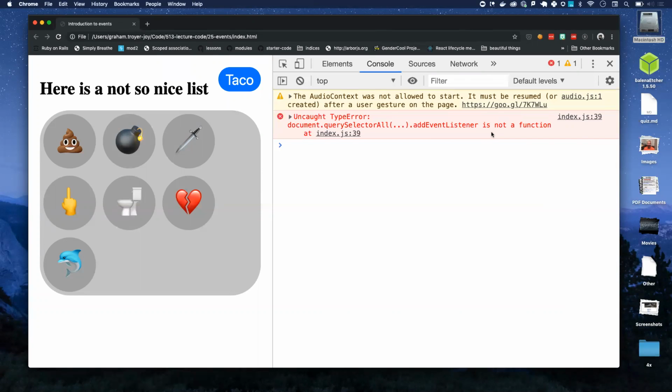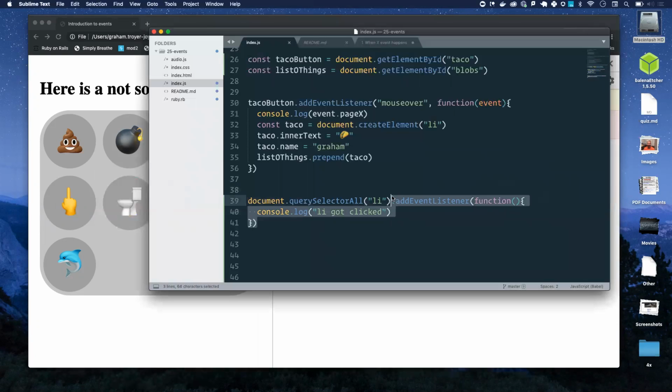This is very similar to what I did yesterday when I tried to set the innerHTML of a bunch of stuff at the same time. Can't do it on the collection of things. Sort of like if I have a has-many association on a Rails model and I try and do something, I can do it to the first one if it's a method of one of those instances, but I can't do it to the whole list. Okay. What we got to do